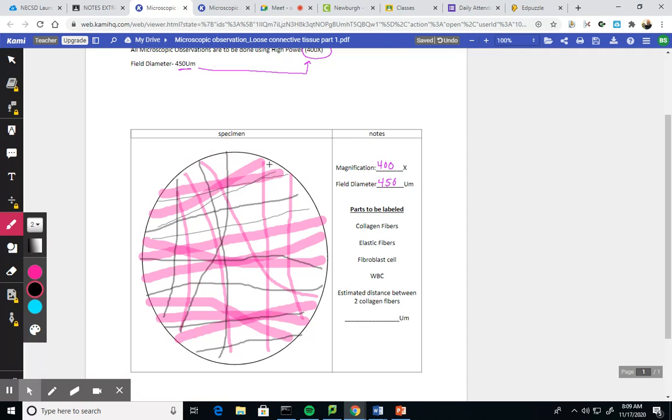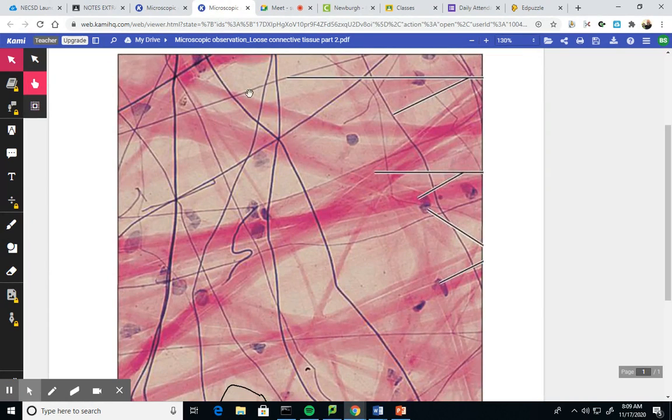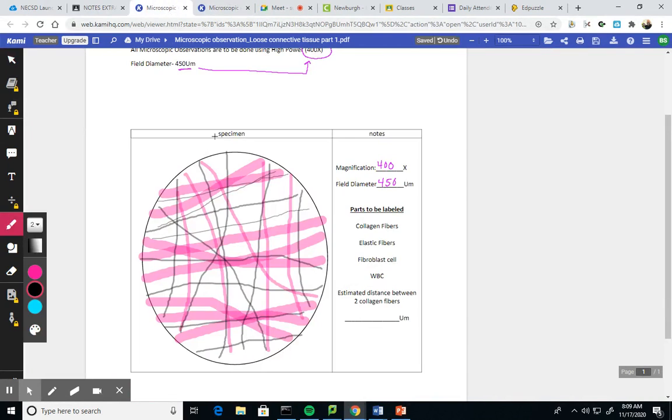Sometimes they crisscross. So I think that looks all right. Does this look like this? Yeah, kind of, right? Now, what I'm going to do with my 2 fibers, since I drew them, I'm going